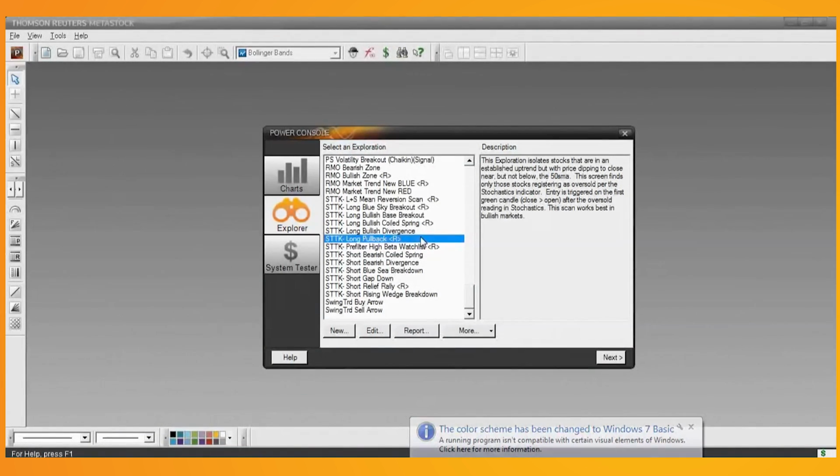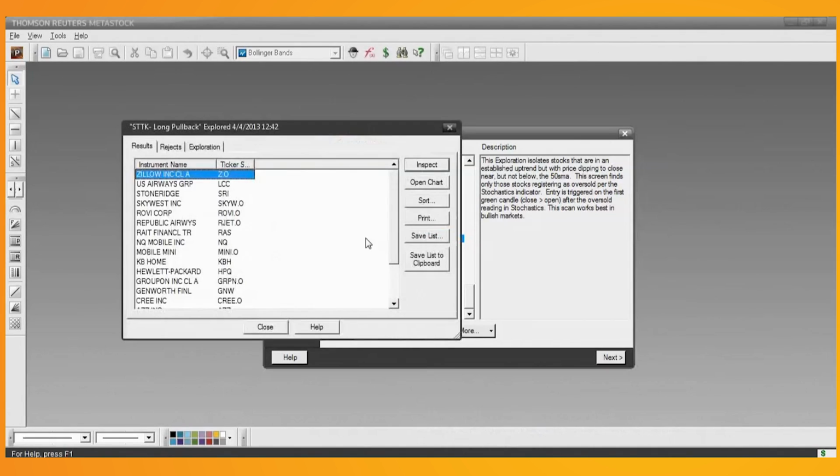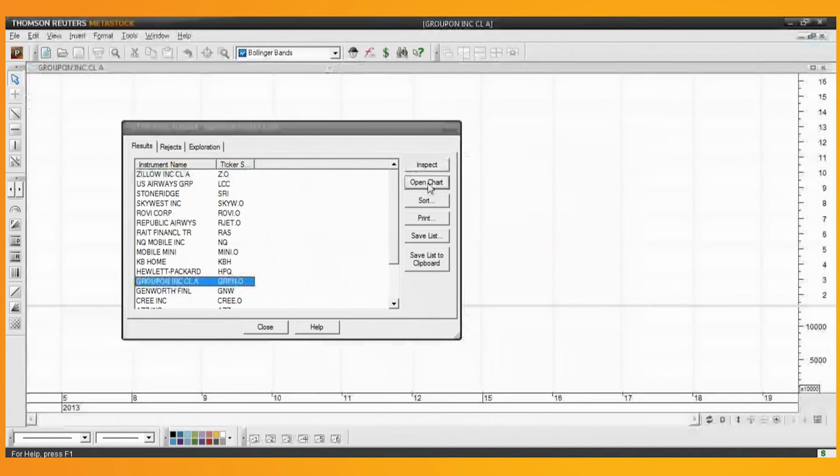I ran the pullback scan exploration earlier today and came up with a number of hits. You can see here, I guess about 25 stocks passed that screen. A number of these you will be familiar with, U.S. Airways, a couple of airlines on here, several airlines, KB Home, Hewlett Packard, of course. Groupon was one chart I was kind of focusing on. So if we open that chart,